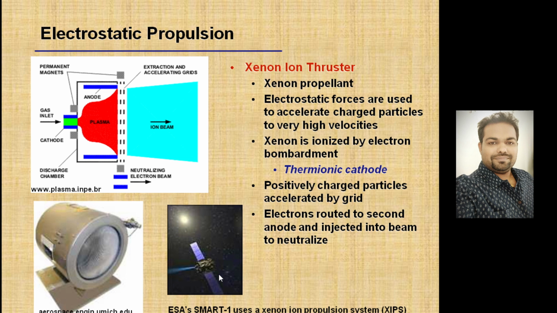So this is the famous picture which I have taken, which is basically used in a xenon ion propulsion system. ESA's SMART-1 was a Swedish designed European Space Agency satellite that orbited around the moon, and it was launched with the help of Ariane 5 rockets from the European Space Agency. This is a famous example which has used a xenon ion thruster particularly. So this is basically an advanced propulsion rocket being used on a satellite.